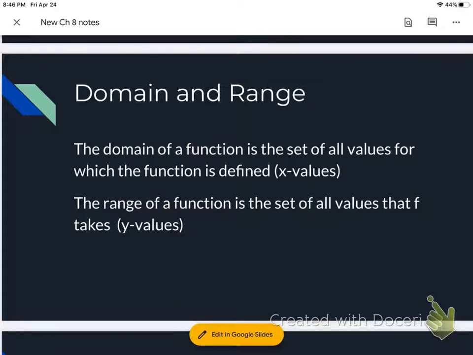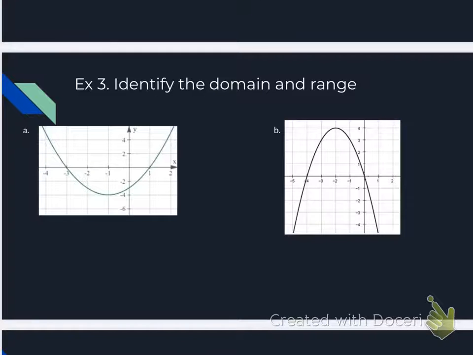We have domain and range. The domain of a function is the set of all values for which the function is defined. So these are x values. The range of the function is the set of all values that f takes. Those are your y values. So domain x, range y. So for our domain,